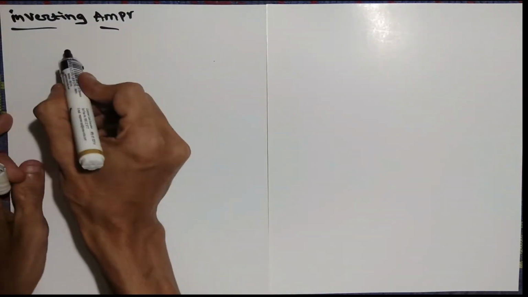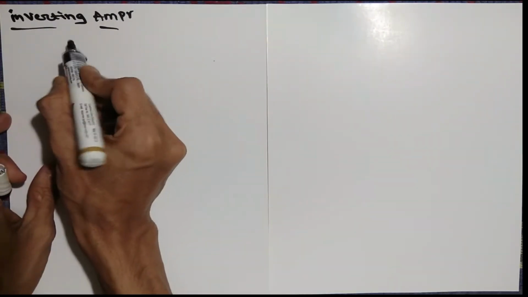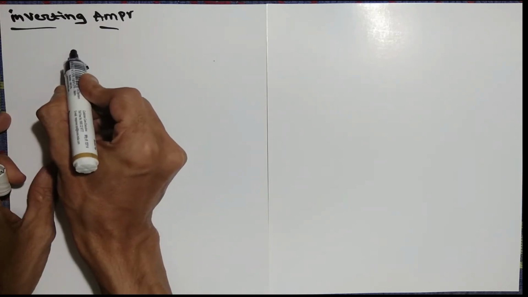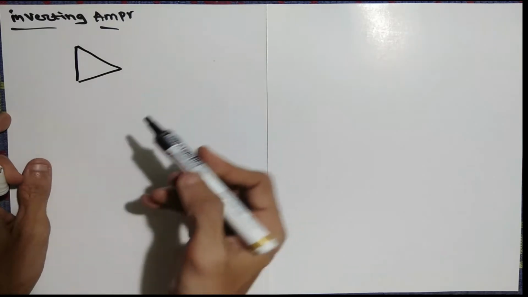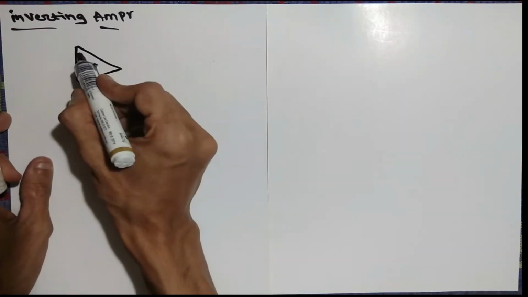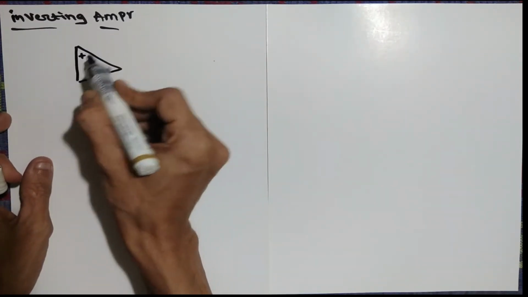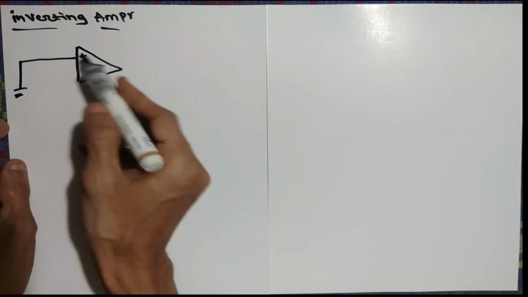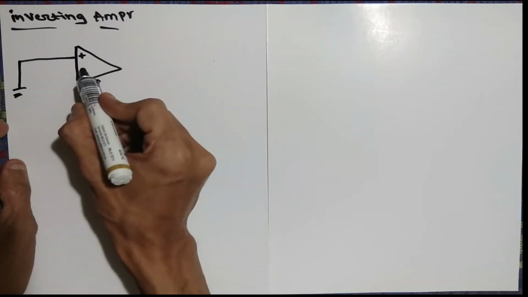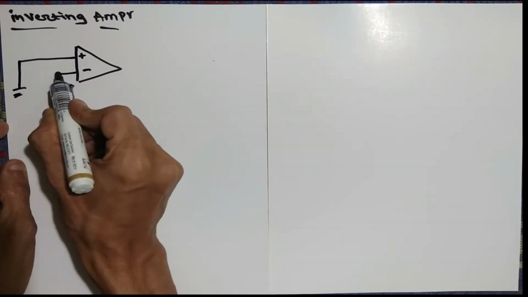Next we will discuss the inverting amplifier in the op-amp. In the previous circuit we took the plus terminal as the input, so that is called non-inverting. Similarly, we can do it here: take plus and connect it to ground, because at the positive terminal we are not giving anything, so we give the input at the negative. We know the closed loop method.